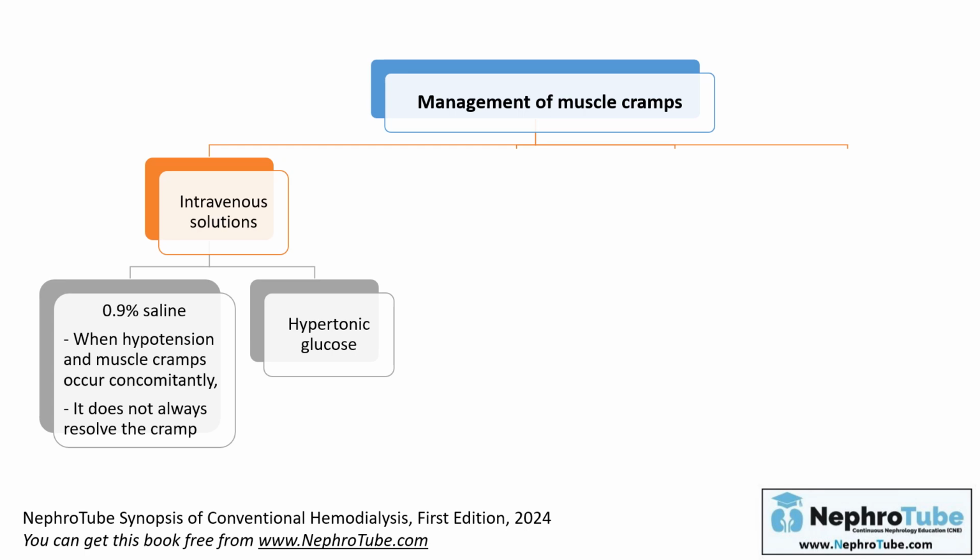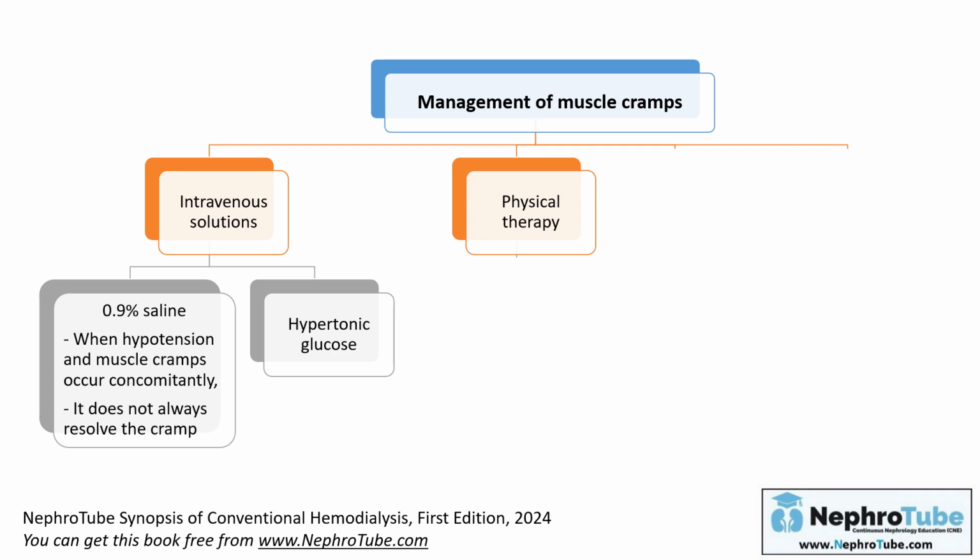Which hypertonic solution to use? The preferred one is hypertonic glucose, although we don't like it for fear of fistula injury, but it is the treatment of choice, and you have to use it in non-diabetic patients to resolve the cramps. Hypertonic saline can be used, but actually, as we mentioned before, it can induce thirst and intradialytic weight gain. Mannitol in general is not recommended in dialysis patients, as it can accumulate in dialysis patients and shouldn't be used. So hypertonic glucose is the preferred one.